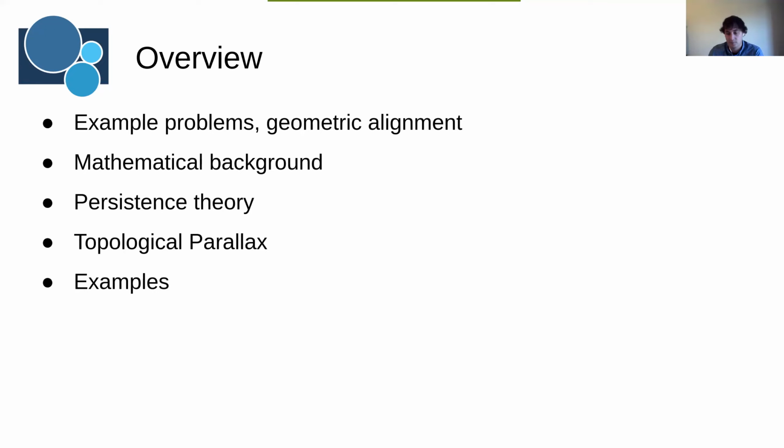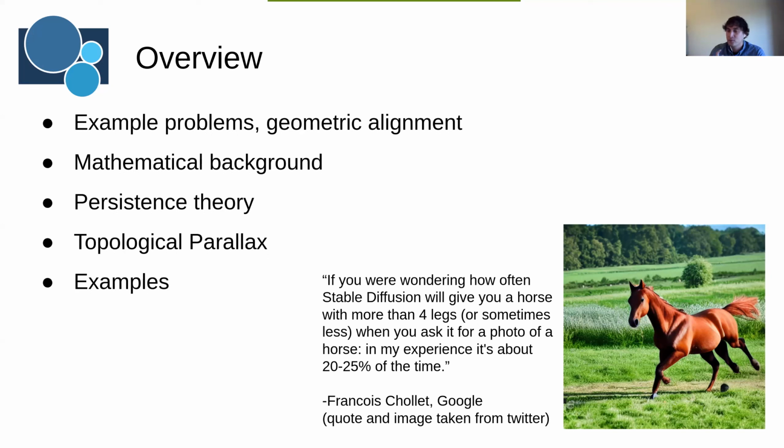Before we start, I wanted to put this picture and this quote on the screen, because this is really the overview of the talk: understanding this picture here. If you look at the picture, you'll see a picture of a horse, or what you might think is a horse, especially if you don't look at it too carefully. This picture was posted on Twitter by Francois Cholet, who's a researcher at Google currently, and it comes along with this quote. The quote says, "If you were wondering how often stable diffusion"